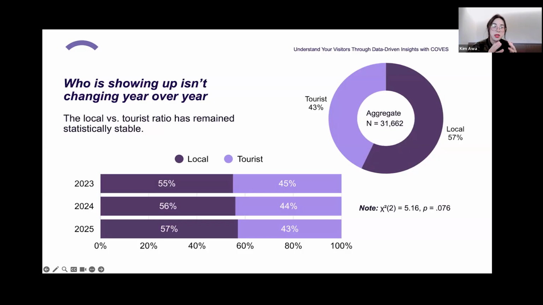We're not really seeing meaningful shifts in the balance between local and tourist visitors over the past 3 years. But again, I do want to emphasize that this is a national snapshot. So your specific museum may be experiencing something quite different, and that's where your own data becomes extremely important. We can go to the next slide.